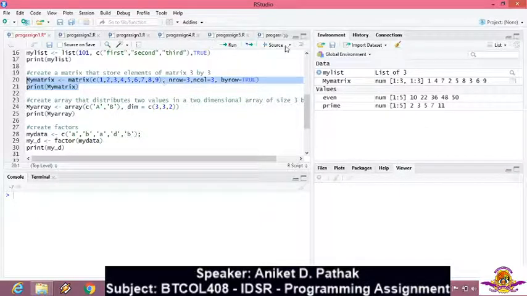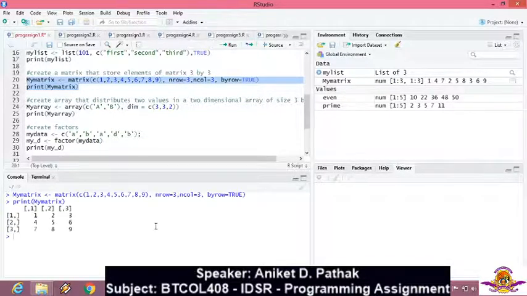Now again I select this and try to run. So again I am going to get the same thing. That's why I am saying the equal to symbol, or this operator, that is less than and hyphen sign together, are used for assignment in R.